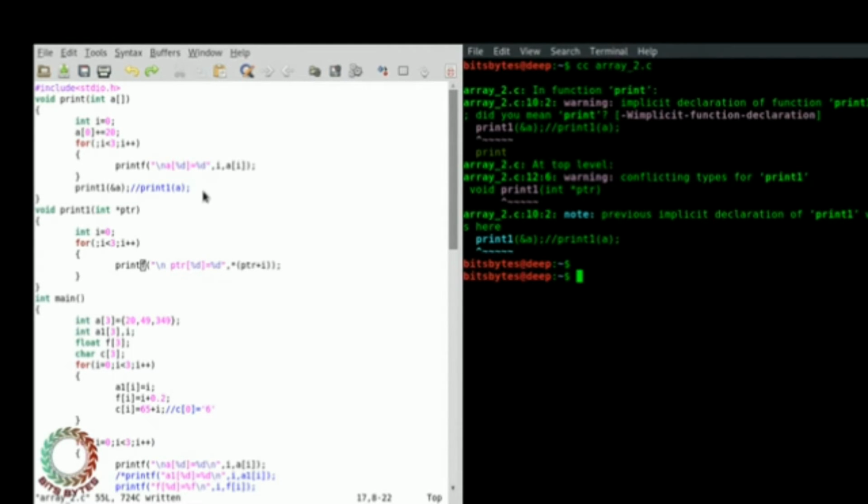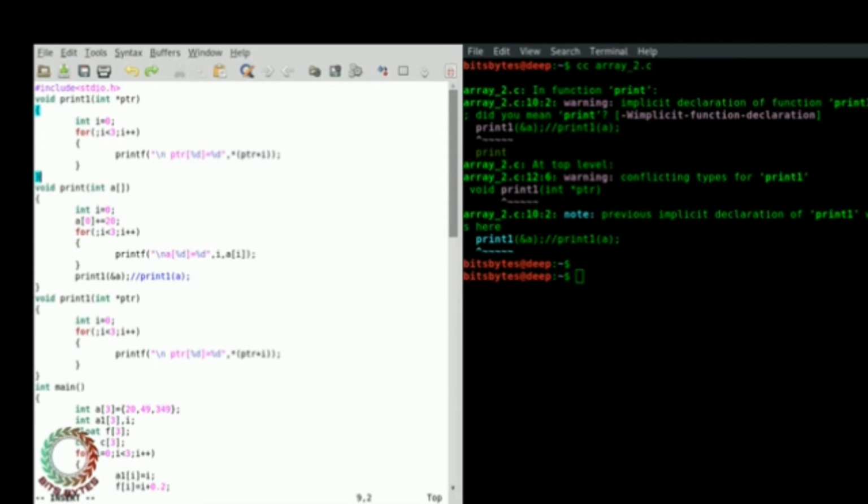Oh, okay. It's giving an error because it is finding that function before that, because it's a structured program.